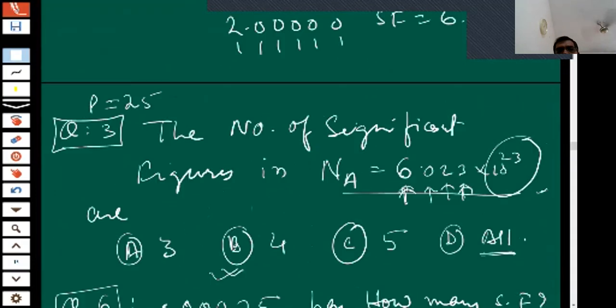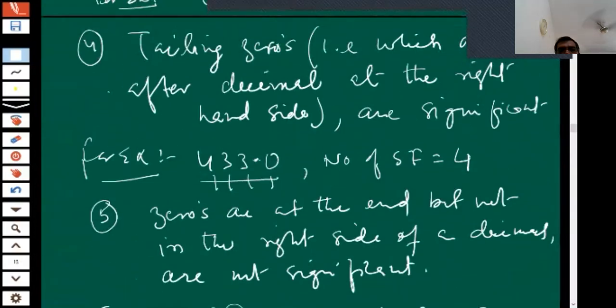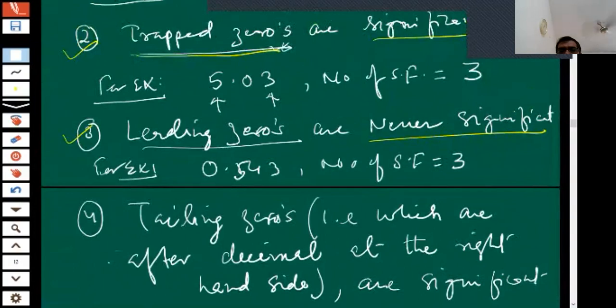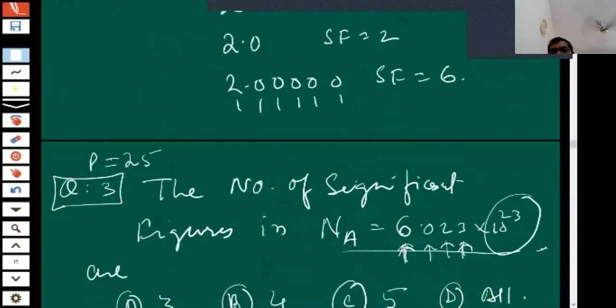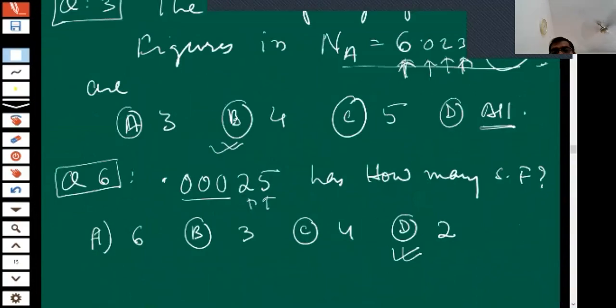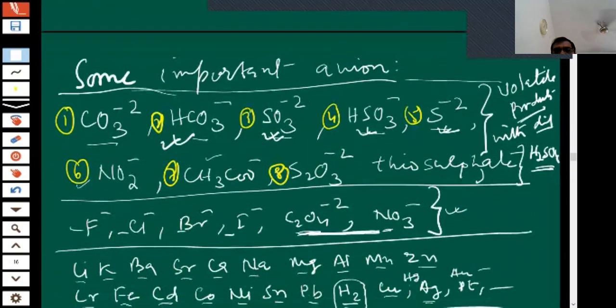On which rule are we saying this? कौन से रूल पर हम लोग ऐसा बोल रहे हैं? तो हम लोग बोल रहे हैं बेटा ये वाला लीडिंग जीरोस. लीडिंग जीरोस आर नेवर सिग्निफिकेंट फिगर्स. लीडिंग जीरो मतलब जो लेफ्ट हैंड साइड में रहते हैं, और ट्रैप्ड जीरो नहीं रहते हैं, ट्रैप्ड। ओके, तो इस तरह से आपको आंसर करना है.